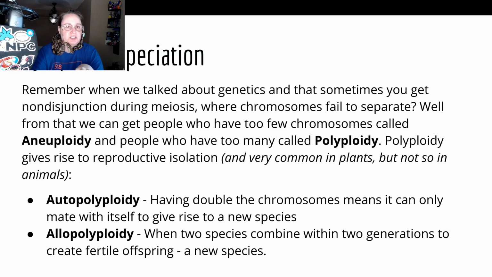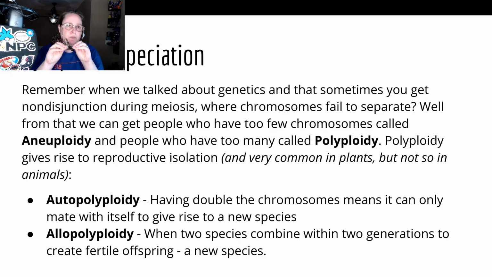However, other creatures, like I said, plants love it. It's how we make giant strawberries: we force strawberries to have a ton of chromosomes by forcing them to go through non-disjunction. And then we get a giant strawberry that you dip in chocolate, and then you go, strawberry chocolate, yummy. So anyway, that's basically too many, polyploidy, not enough, aneuploidy.